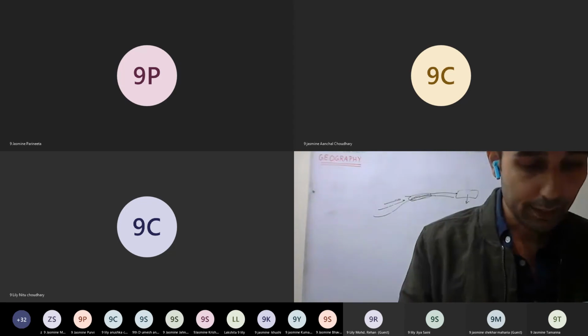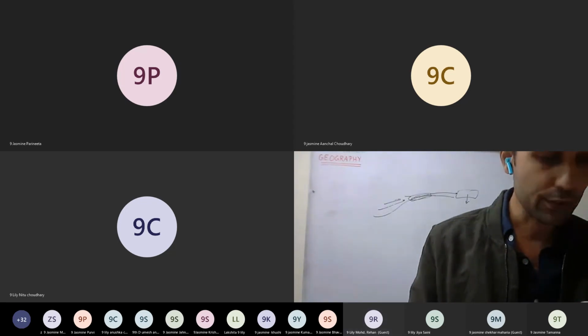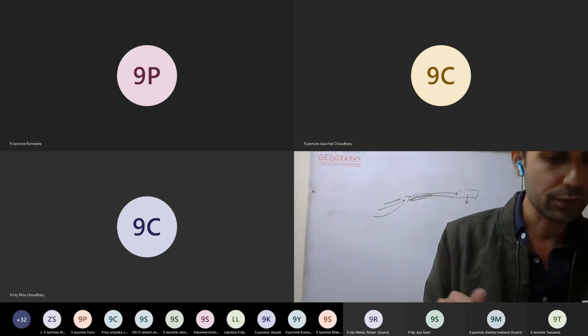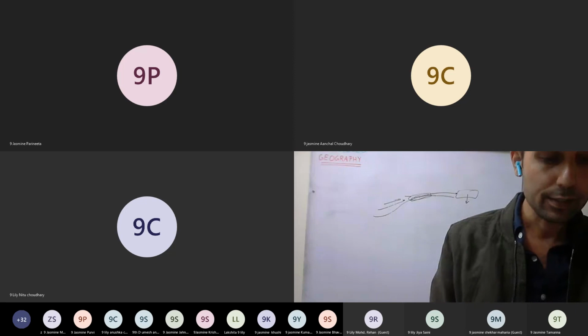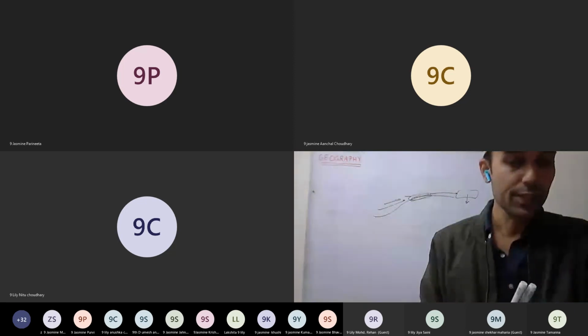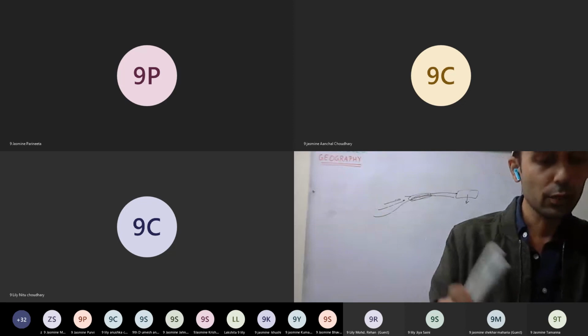Okay. State the reason for the differential heating of land and water. This we discussed in the sixth question. It is a repetition of the sixth question only. Okay, the questions and answers are clear. Explain the following terms, you can do on your own. Explain the following, you can do on your own.